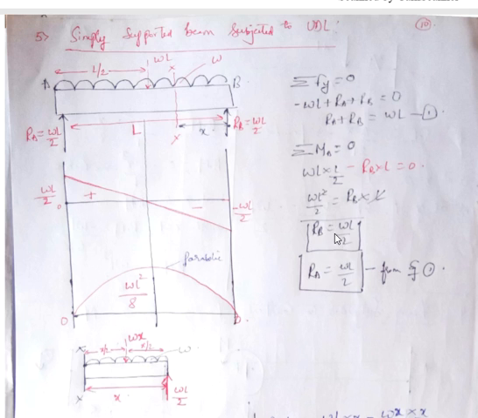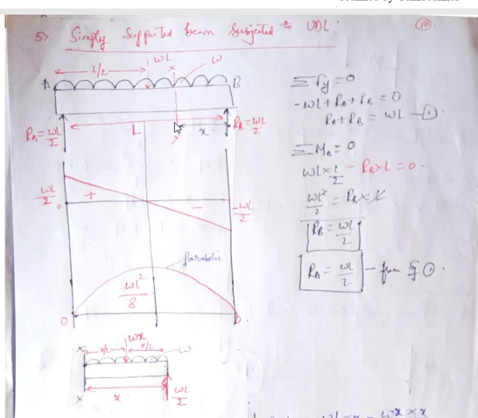See here, I am getting a positive value, that means the force will obviously be acting upward, which we assumed in the initial assumption. If by mistake I get RB as minus, that means instead of the force acting in the upward direction, it will be acting in the downward direction. Whatever assumption we had taken in the upward direction, we need to consider it in the downward direction if we get it as minus, but since both are positive, both will be acting in the upward direction.